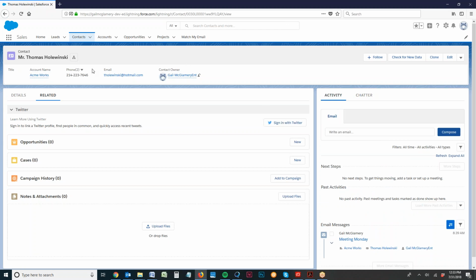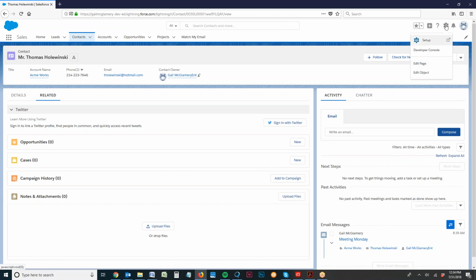This video is to show you how to change this display of information to have details as 1/3 over here, or a left column. The activity information is going to occupy the main middle part of the screen, and then related will be over here on the right, and we're actually not going to use chatter. So to make those changes, first, to understand what you have here, we're going to take a look at the